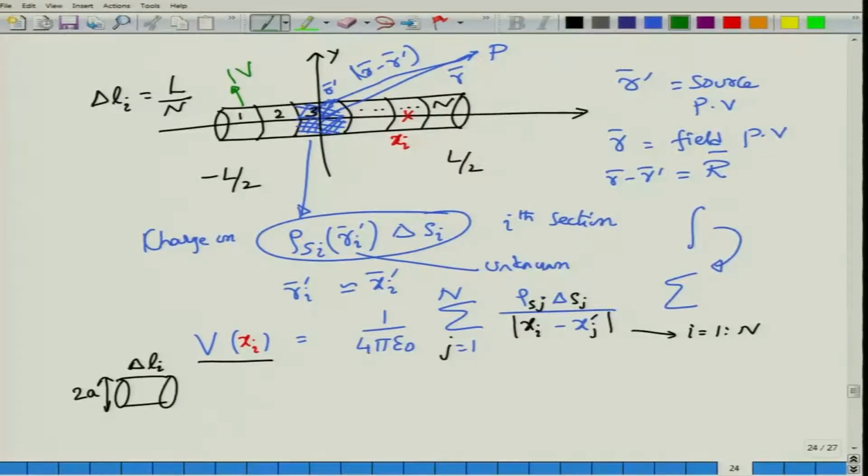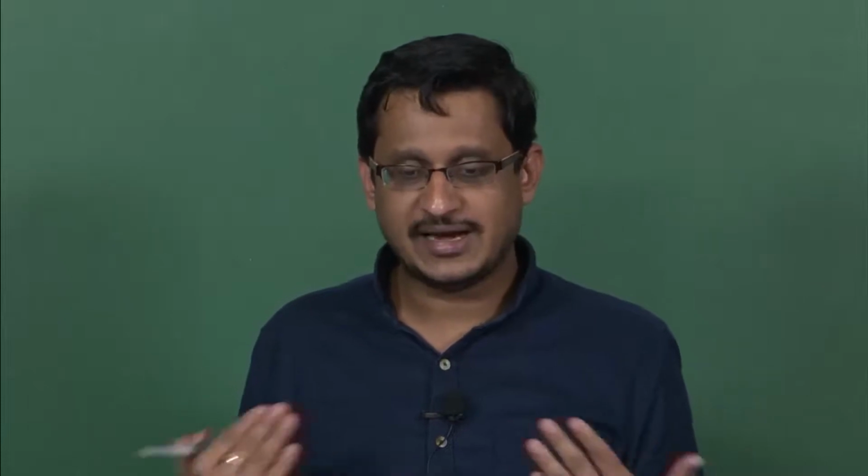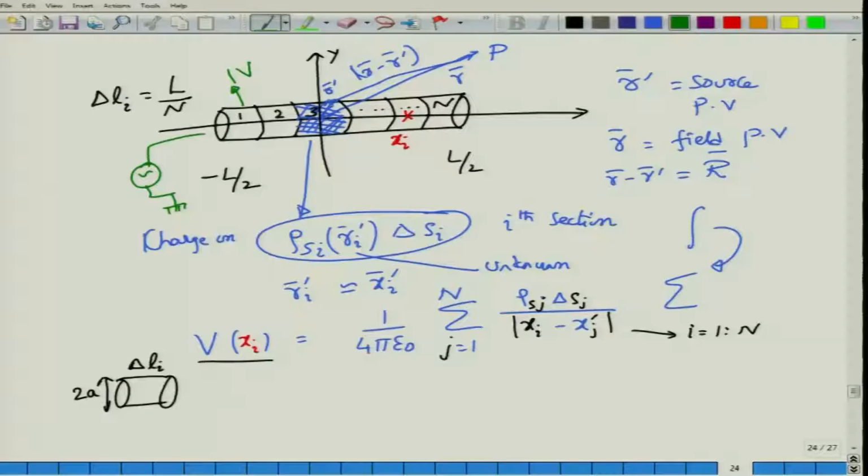So how do I do that? I of course have to take a battery or something and connect a 1 volt battery to this particular wire. When I do that, the entire wire is assumed to be uniformly at the same potential, and that value is taken to be 1 volt. Just for our simplification, it could be any other potential. In fact, the potential could also vary. That doesn't really change what we have written in this equation. So that's the beauty of a numerical method. You can make V of x_i be different at different sections.